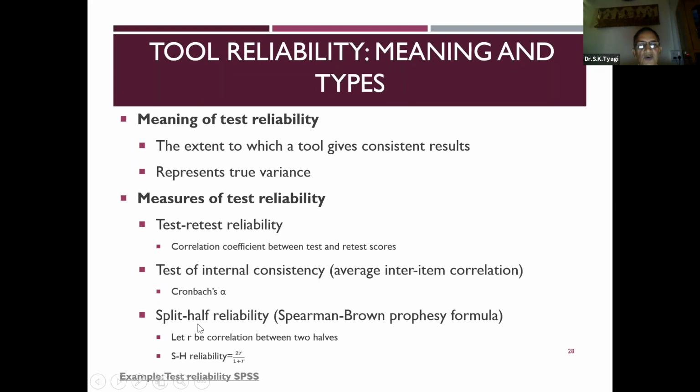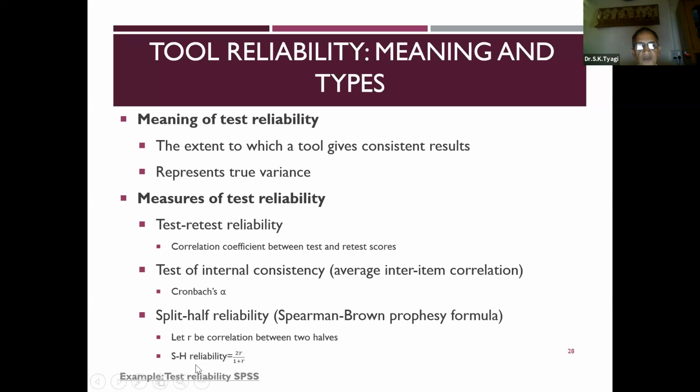Then next is split half reliability. It breaks the test into two parts, part 1 and part 2. It takes the first half of the items as part 1 and the second half of the items as part 2, and finds out the correlation between them.